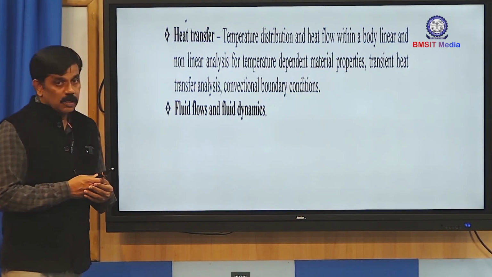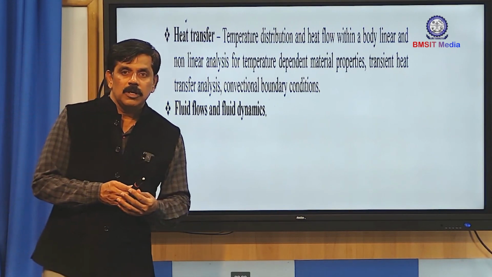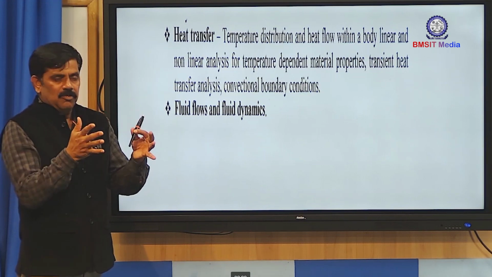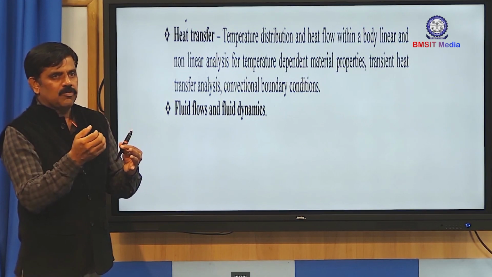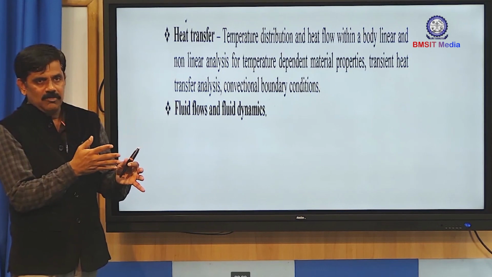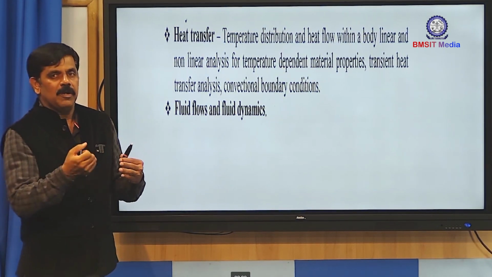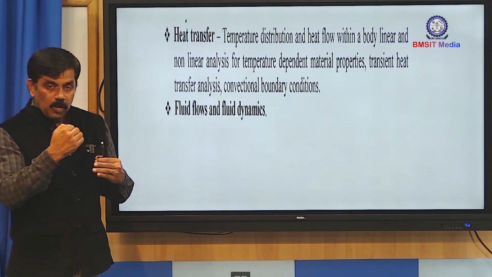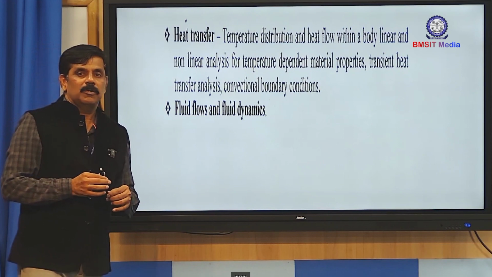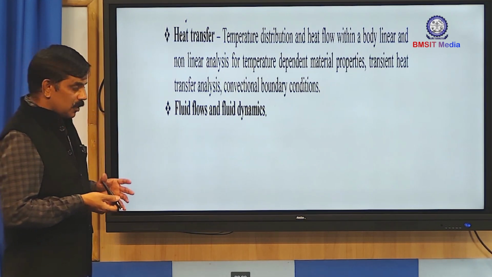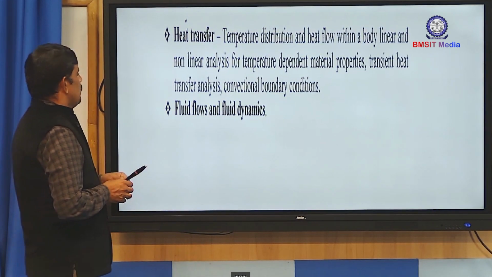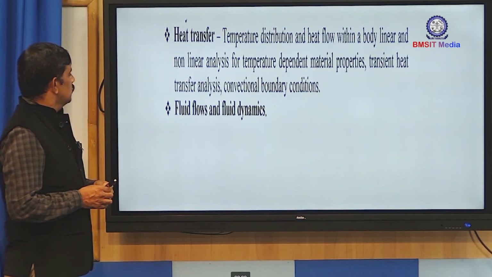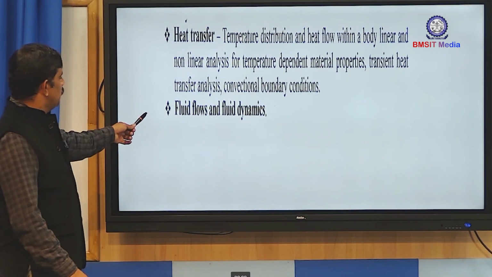Again, when you come to the boundary condition, it may be a temperature boundary condition. Temperature is specified at a certain location, or we can measure the temperature, like on a furnace wall. Inside or outside the furnace wall, we can mount a thermocouple and find out the temperature. So the temperature is known at the outer wall or inside wall. On some outside walls there may be convective heat transfer, or sometimes other types of heat transfer. All those things can be applied. Other than heat transfer analysis, finite element analysis can also be applied to fluid flows